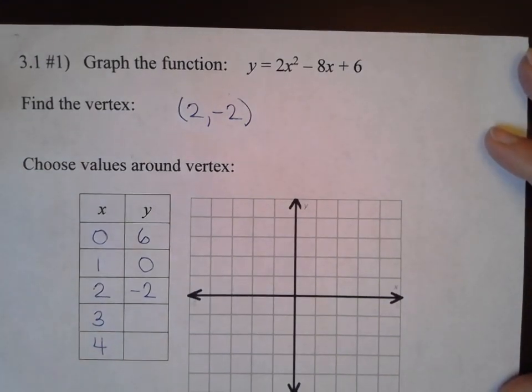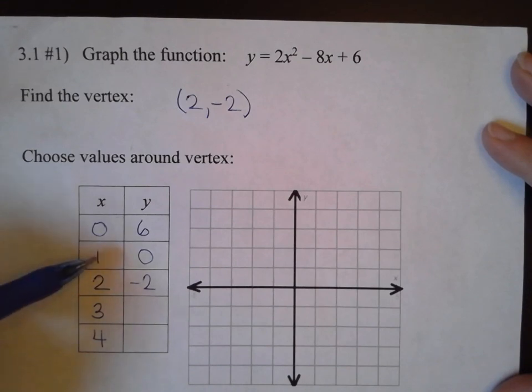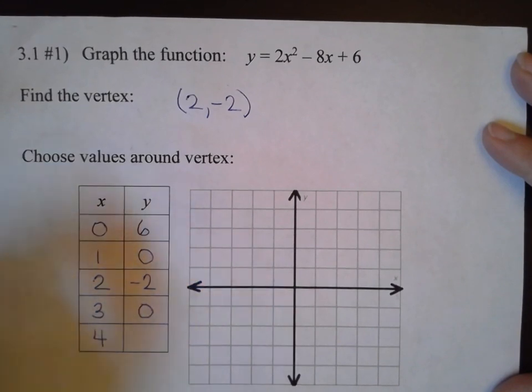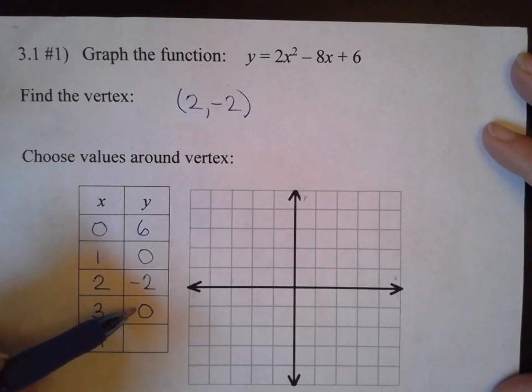A parabola is symmetric around the vertex. So around this center point, I'm actually going to have the same y values on either side. So if I were to plug in 3, try this out, I should also get 0, because at opposite sides of the vertex, I have the same y values. If I were to plug in 4, try it out, I'm going to get